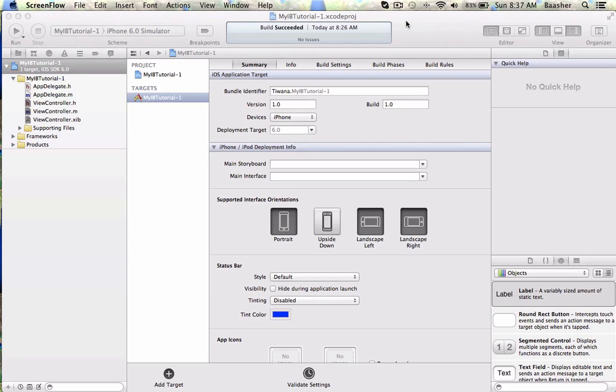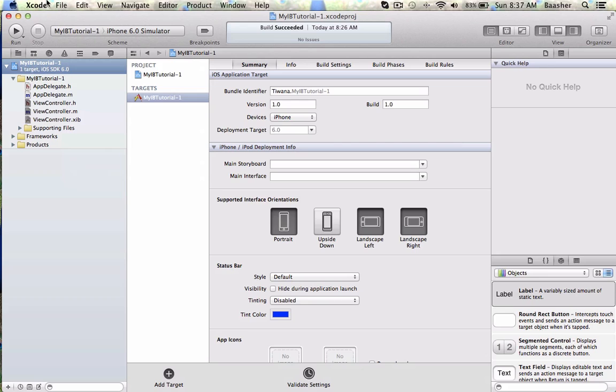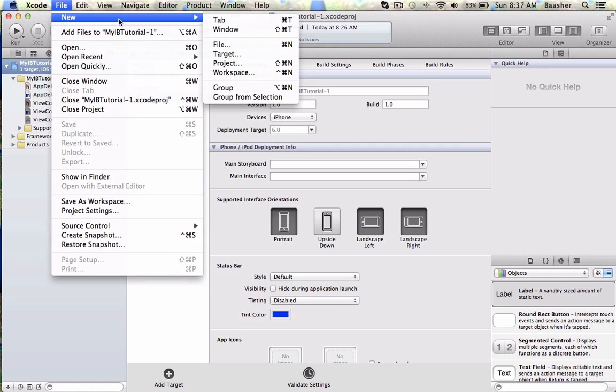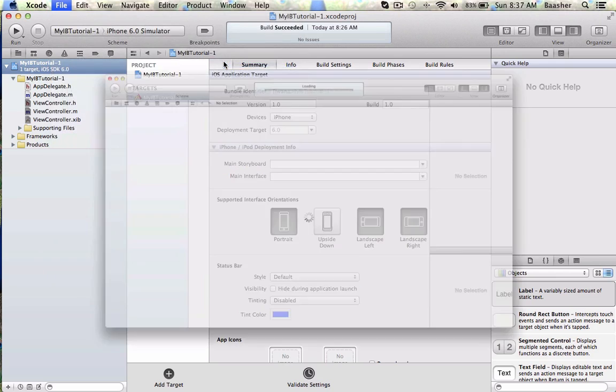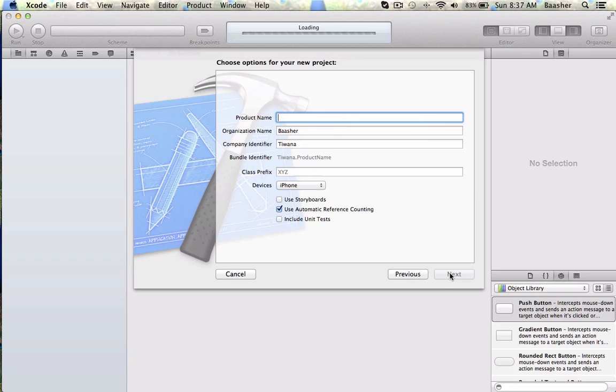Introduction to the Interface Builder. I'm going to start with making a simple project and introduce you to it. So in Xcode: File, New, Project, Single View Application, Next, My IB